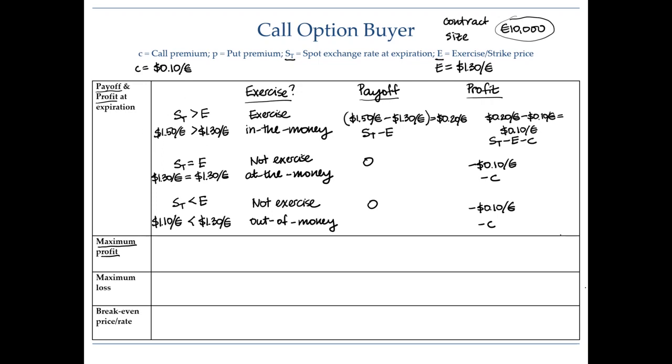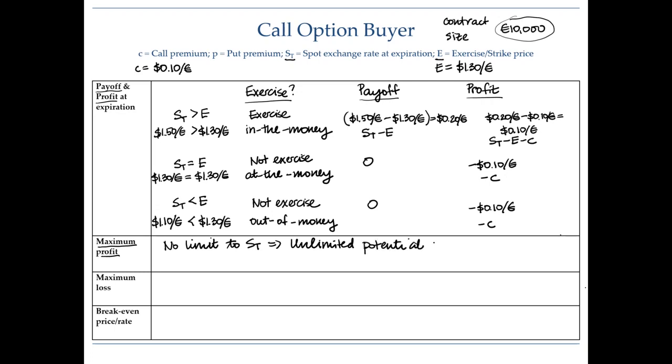So obviously, the higher the future spot rate, the better it is for you. Higher profit, more profit you're going to make from this position. So since there's no theoretical limit to how high the future spot rate can be, what this means is there's really unlimited potential profit